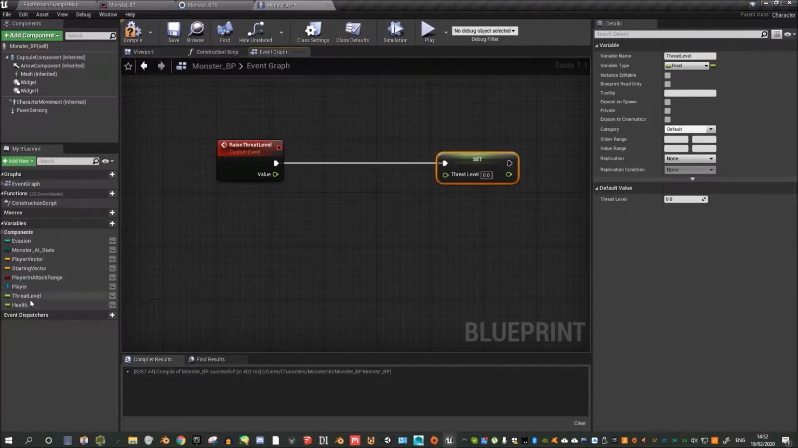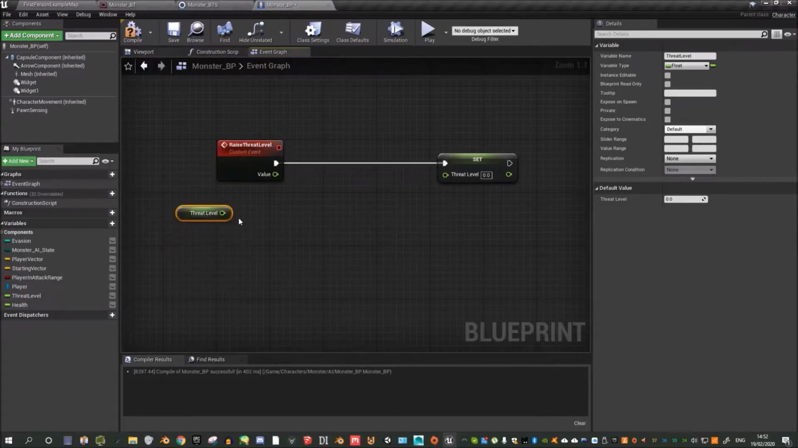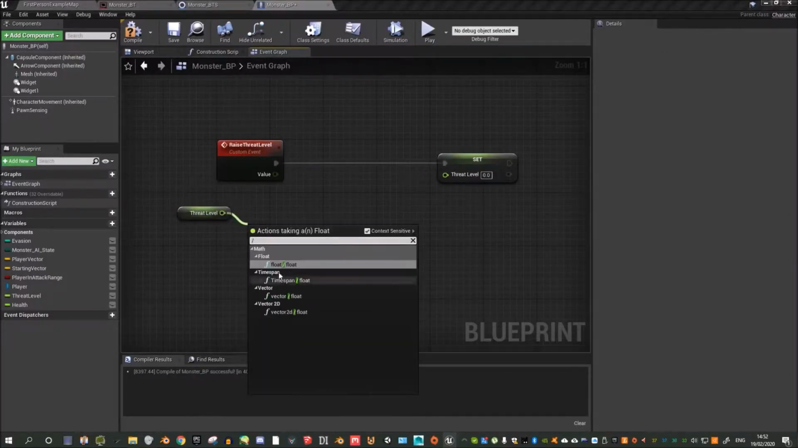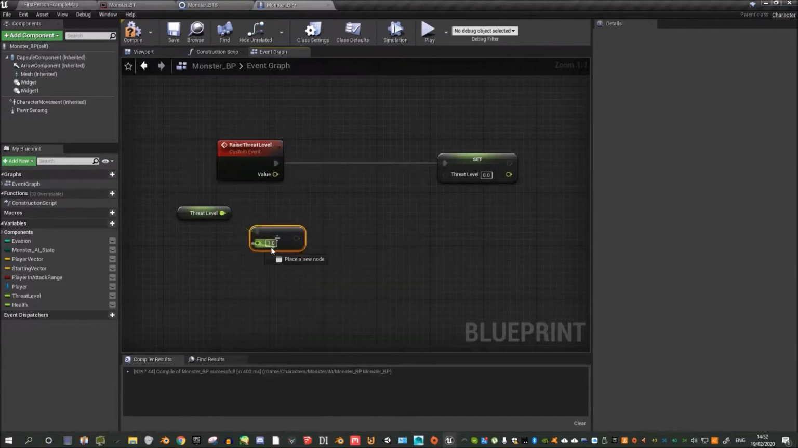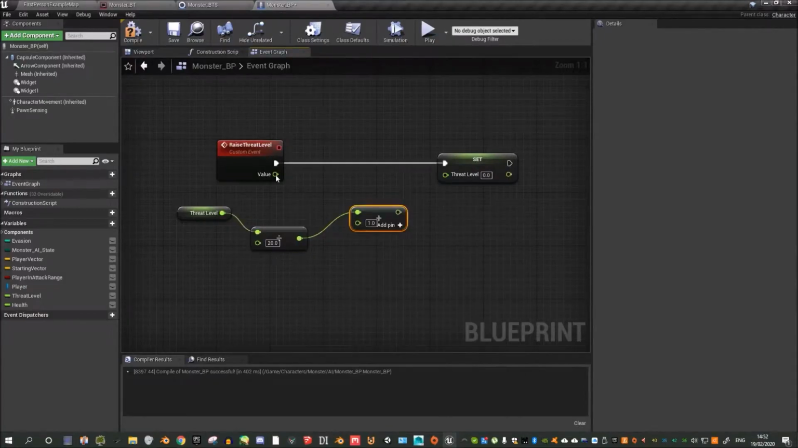Now this threat level, we're going to drag it in again, grab it in, release, and we're going to get it this time. Now I like to increase the threat level by an increased amount every time, so what I'm going to do is divide this. So I'm going to drag off this threat level, divide it by float, so float divided by float. I'm going to go with a value of 20, so it's really small. Then I'm going to add that to, so float add float. I'm going to add that to the value that we will be adding to the